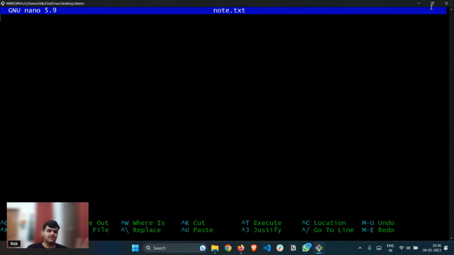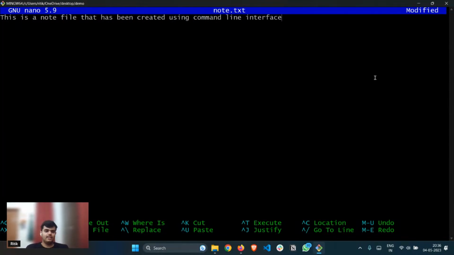You will get this type of interface, and you can type whatever you want. This is a note file that has been created using command line